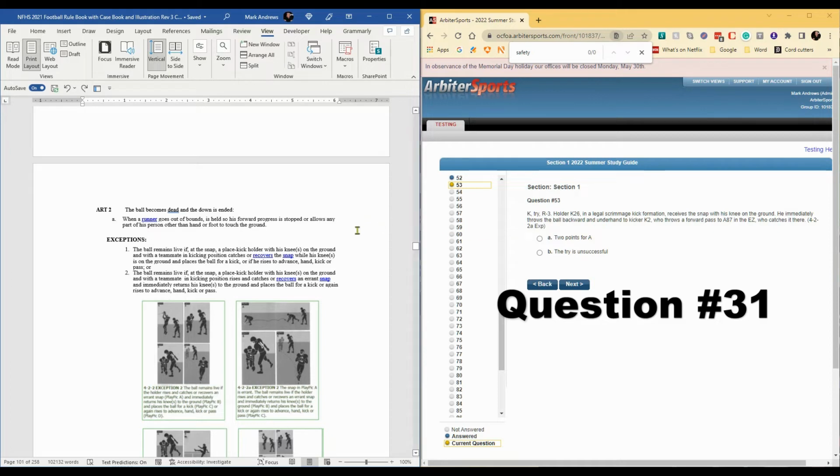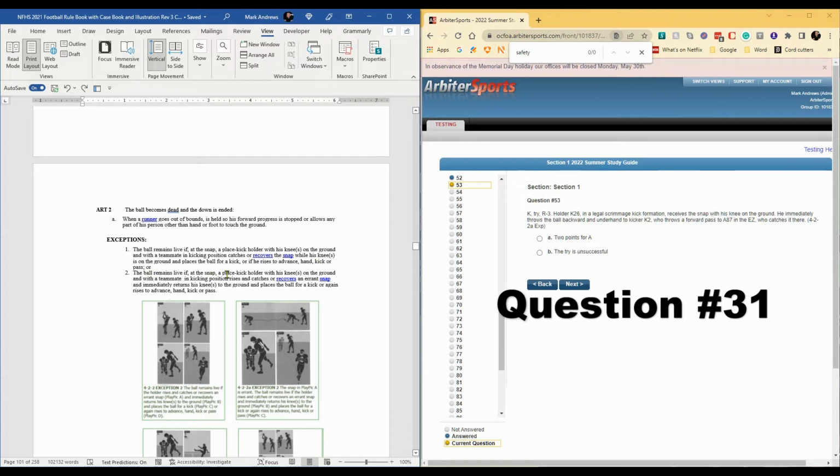And so the rule reference is 4.2-2A exception. So the ball becomes dead and the down is ended when a runner goes out of bounds, is held so his forward progress is stopped, or allows any part of his person other than hand or foot to touch the ground. So effectively, the holder is a runner when he receives the snap. But there are exceptions. The ball remains alive if at the snap a place kick holder with his knees on the ground and with a teammate in kicking position catches, recovers the snap while his knee is on the ground and places the ball for a kick, or if he rises to advance, hand, kick, or pass,